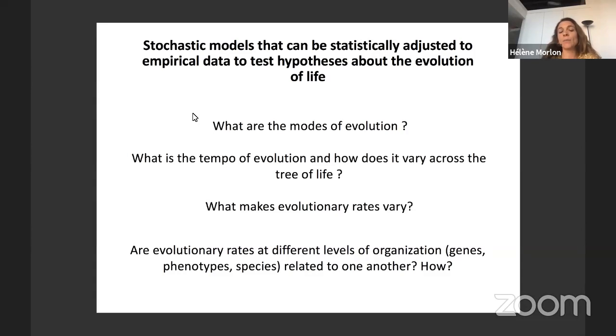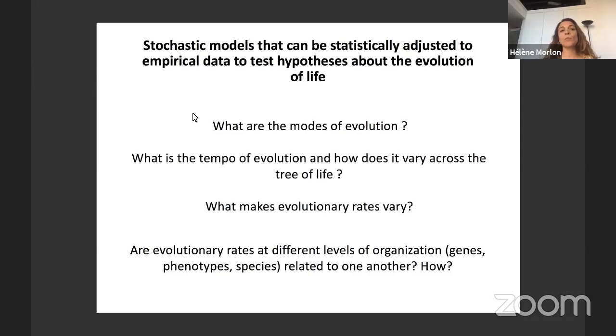Those are empirical phylogenies of species, so species trees, and the phenotypes, the trait data that we can collect today on species that are alive at the present. And we want to use this type of data to test hypotheses about the evolution of life. So we have data we collect today, we reconstruct phylogenetic trees, we collect trait data, and then we want to